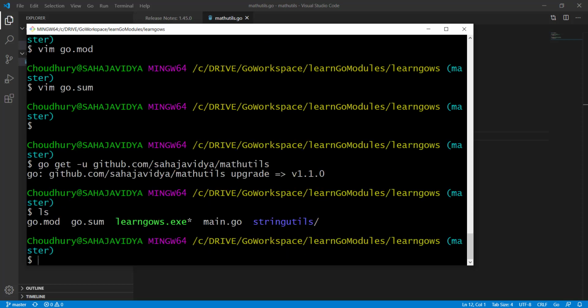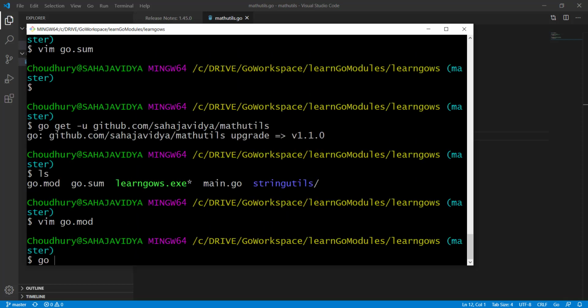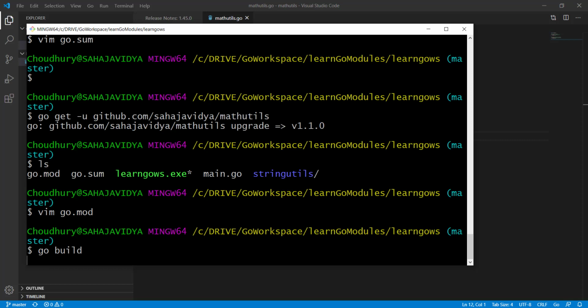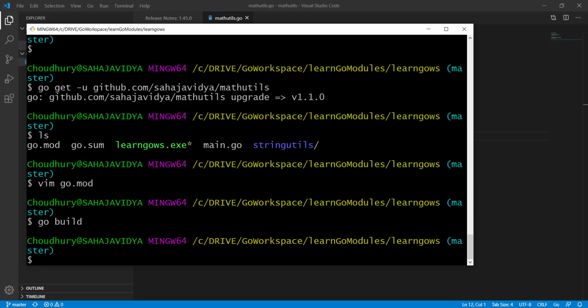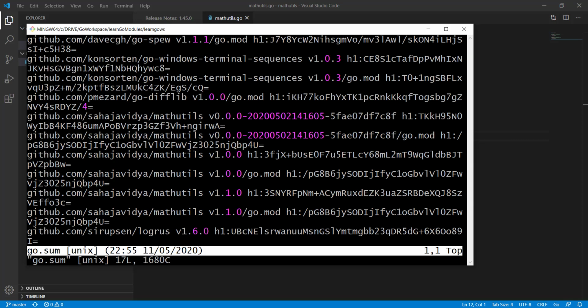Let's see in go.mod. So it is updated. If I compile, it is compiled, and if I go in and see in the go.sum file, there also the math-utils package is updated.